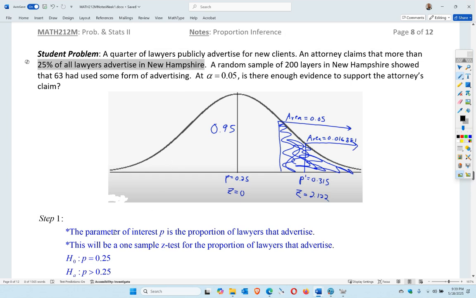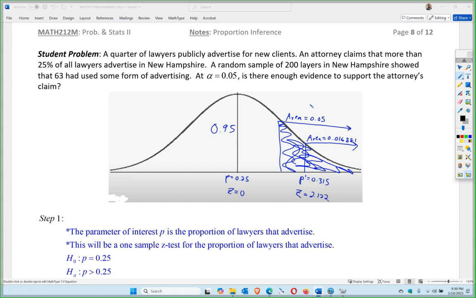So it's still a one-sample z-test. The proportion of lawyers that's advertising is the population of interest here, correct? So we want a 5% alpha, right? So the area is 5% for alpha this time, correct? So this is alpha, which means it's 95% over here, right? So this is equals 0. Okay, so